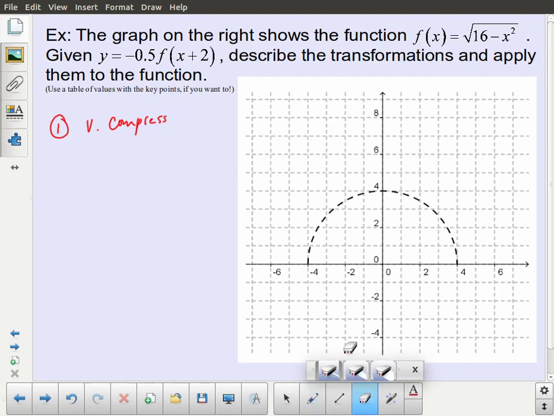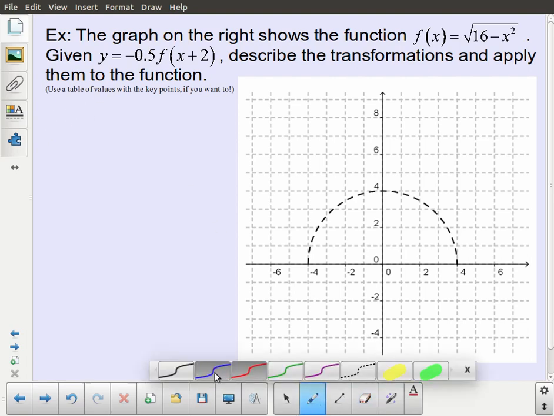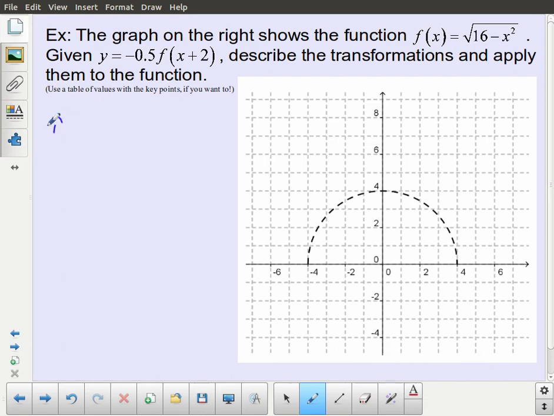Actually, let's not call it a compression first. Really, that -0.5, the first thing we run into is the negative. So my first transformation is actually a vertical reflection. My second transformation is a vertical compression